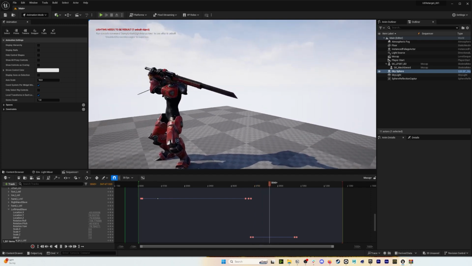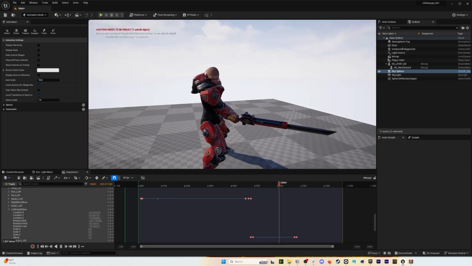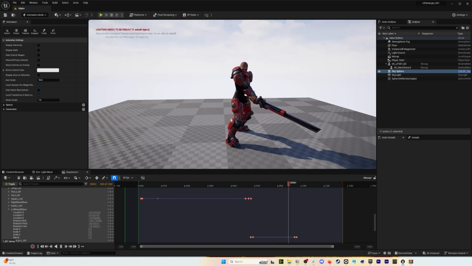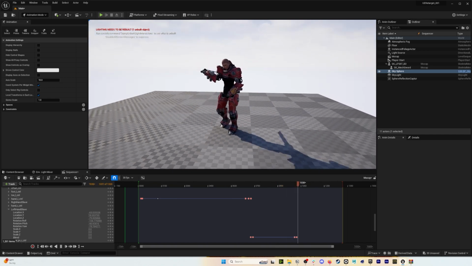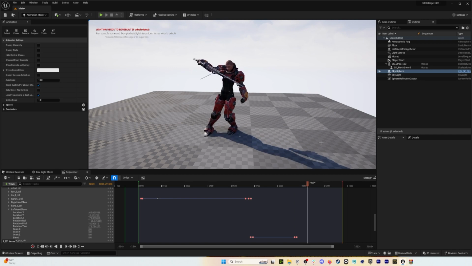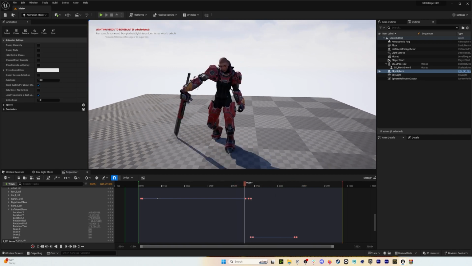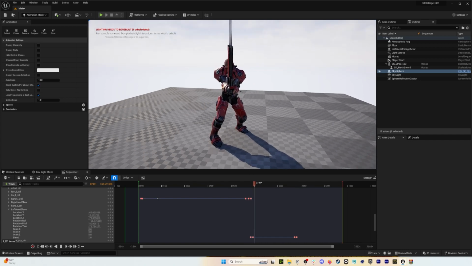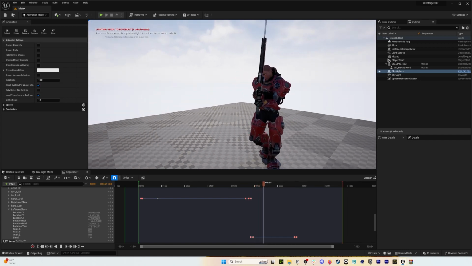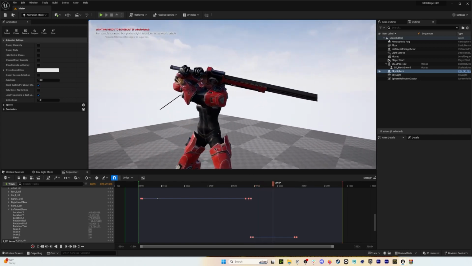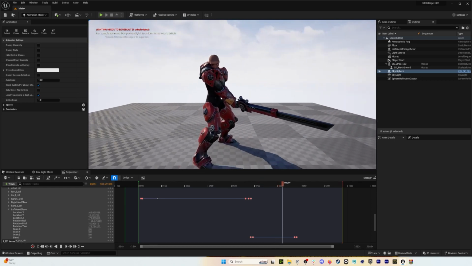IK Control Rig, especially when it comes to two-handed types of animations where you need one hand to follow the other hand. This is something that really doesn't exist in a lot of other programs. So, props to Alberto. Such a great little asset, and we hope that it's as useful for you all as it has been for